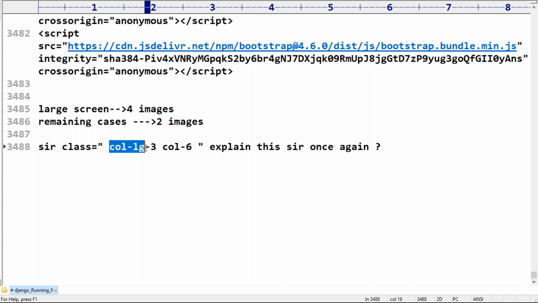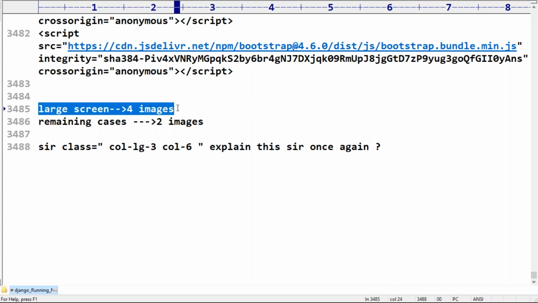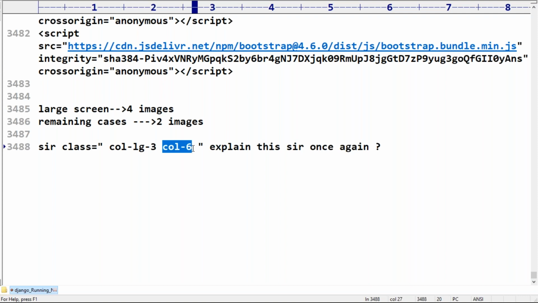Total 12 columns are there. Then obviously, how many images can you take? Each image takes 3 columns, so 4 images on the large screen. Next, on the extra small, each element takes 6 columns, so only 2 elements.